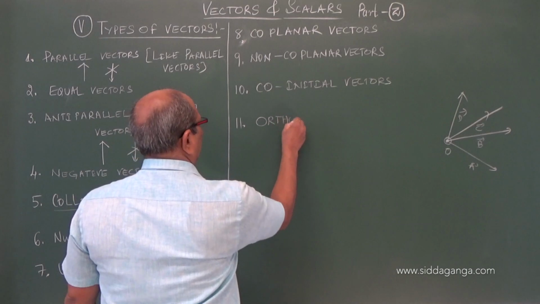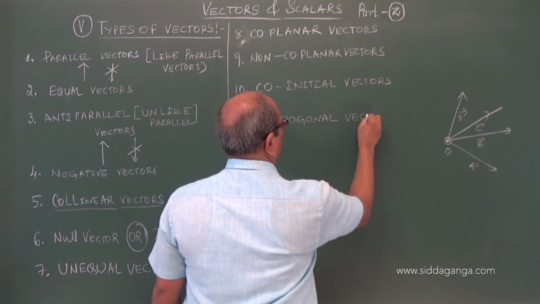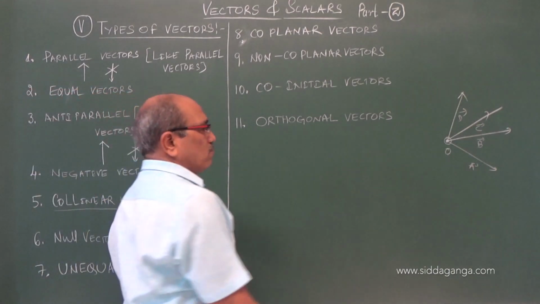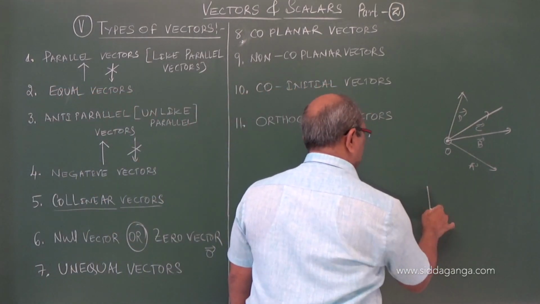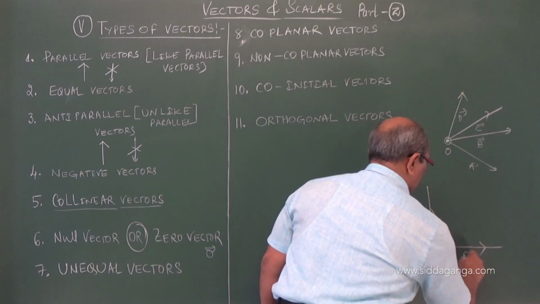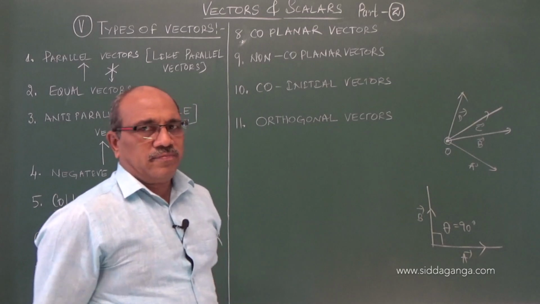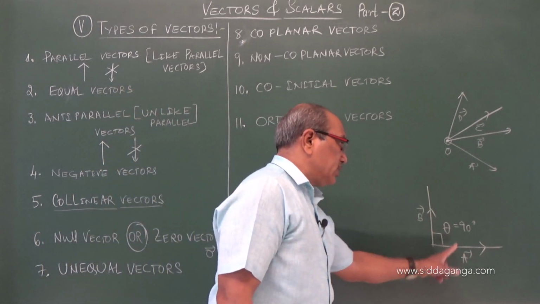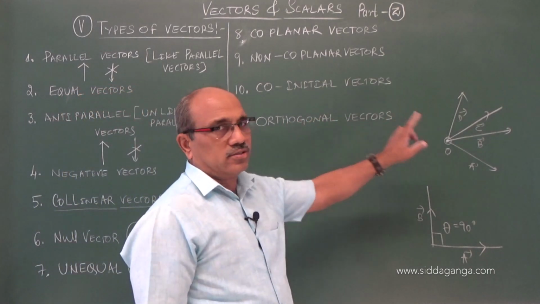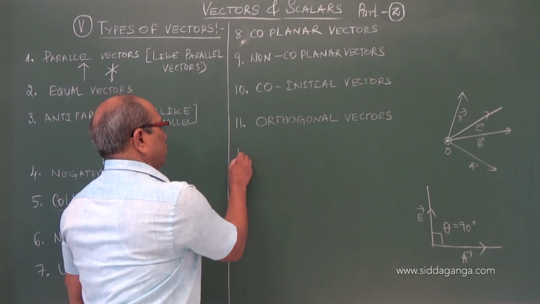Orthogonal vectors. We already discussed this: two vectors acting mutually perpendicular to each other. If the angle between them is 90 degrees, the magnitudes may not be the same. If the angle between the two vectors is 90 degrees, then they are called orthogonal vectors. And coming to the 12th one,